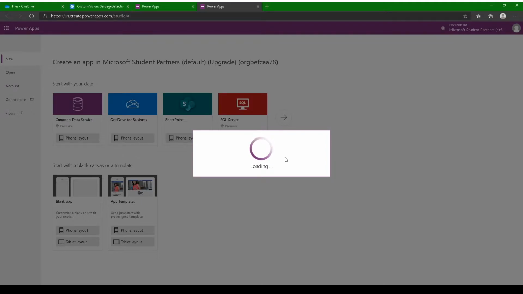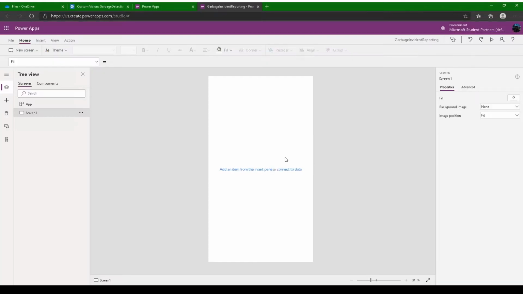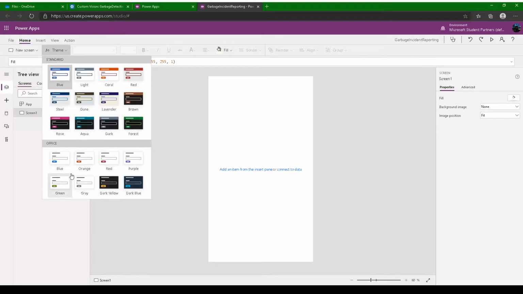I'm also going to demonstrate how little code you need to achieve this, because normally machine learning projects take so much code and everything, and here you need just a few minutes. In this tutorial, I'll show you how to create an end-to-end solution. So this is the basic layout of the app. I'll just change it to dark theme because I love dark theme.